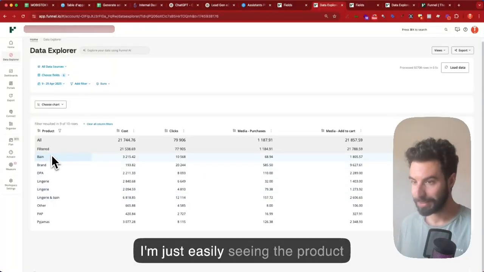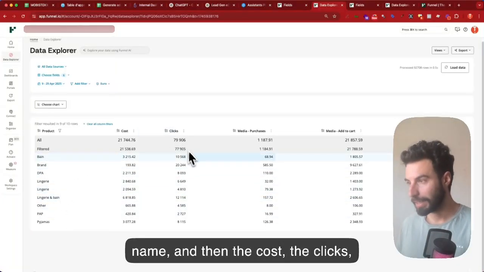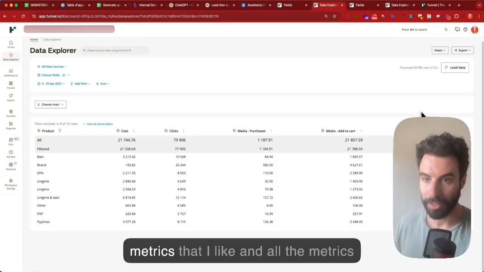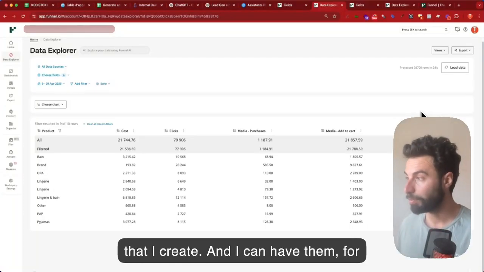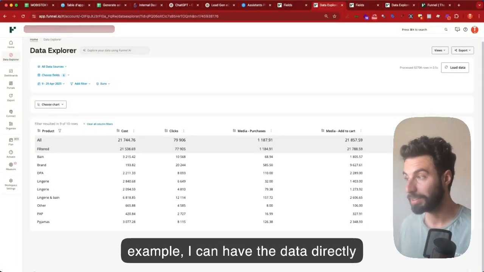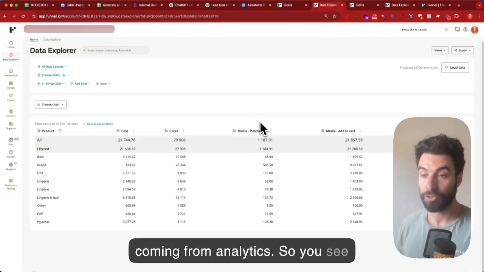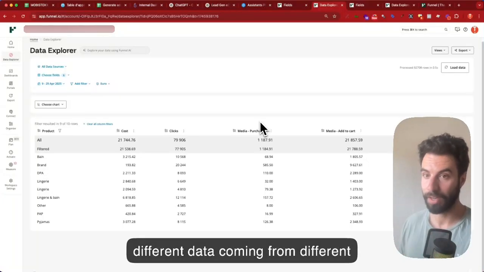I'm just easily seeing the product name, and then the cost, the clicks, the purchases, the add to cart, the product views, and I can have all the metrics that I like and all the metrics that I create. And I can have the data directly coming from Shopify, I can have them coming from analytics. So you see already how easy it is to combine different data coming from different data sources,